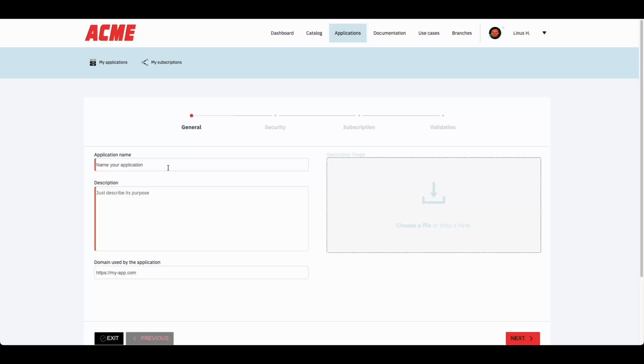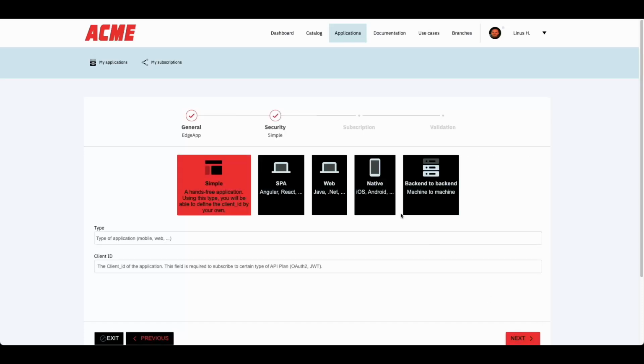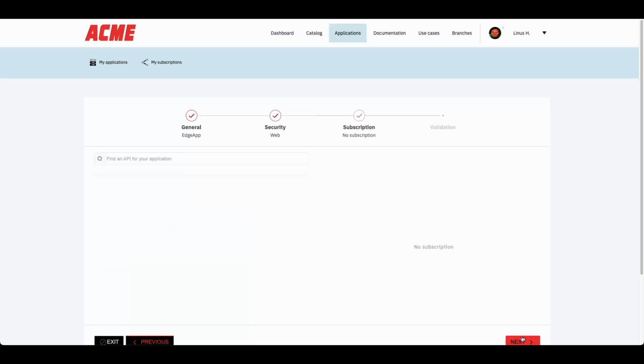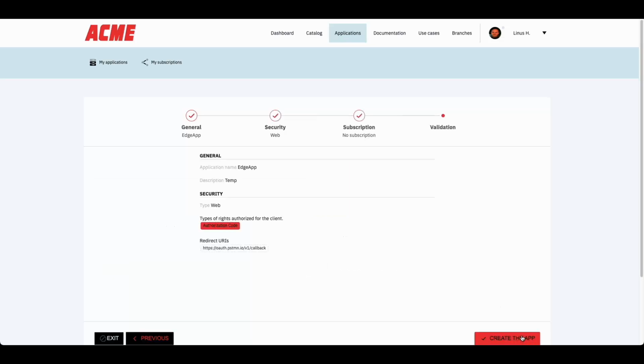I'll call this Edge app, and I'll give it just a simple temp description. The next thing I'll say is that this is a web application that I may want to be using in my browser, and I'll put a callback URL here. In the end, I'm going to be using Postman to get the token and connect to the Solace Event Broker, so I'll be using the Postman UI here as the callback URL. Okay, so I'll just go and create this